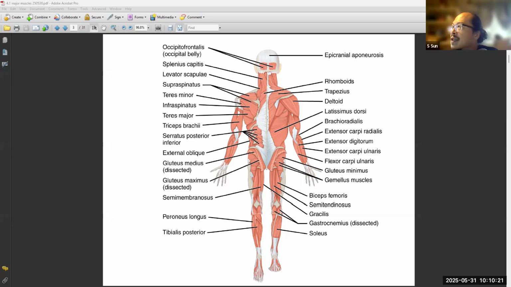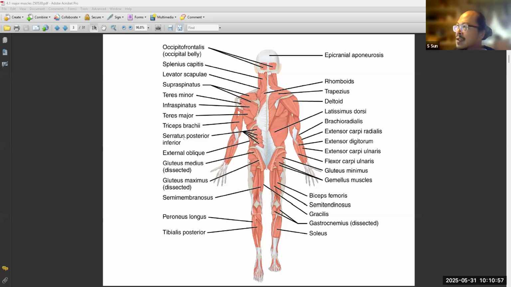And then you have the back. You also have this one. This one is also pretty big. This one is called latissimus dorsi. Latissimus means like broad. Dorsi, dorsal, means your back. Latissimus dorsi. And deeper than the latissimus dorsi, you have these